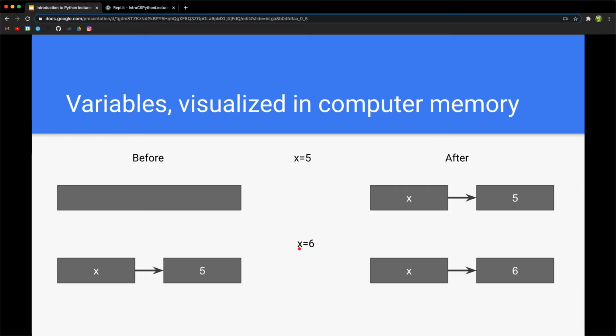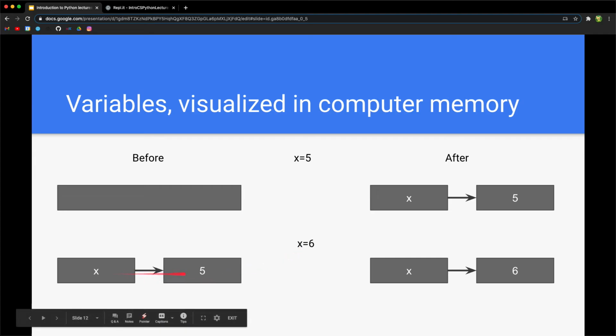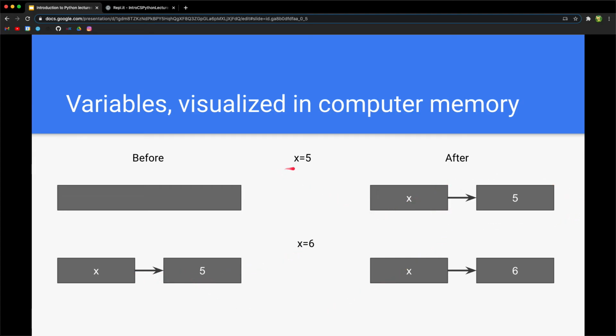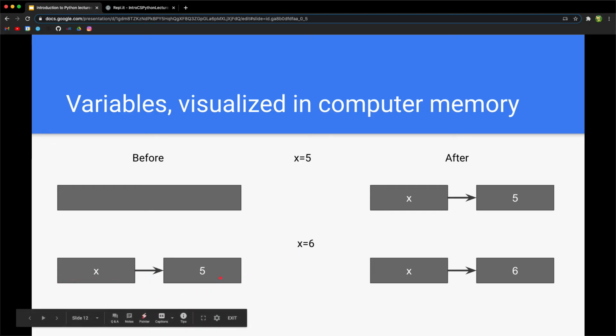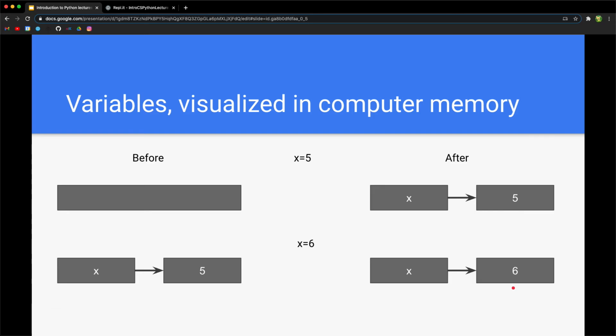Let's run x equals 6. Before, x points to 5. Notice this is the same variable. So before x points to 5, and then x points to 6. It's the same variable, the expression changed, and the fact that it changed makes variables very, very powerful and lets you do things that you really can't do without them,